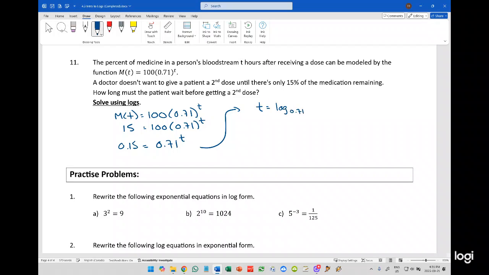We know the thing we're putting into it is 0.15. And we can rewrite that as log of 0.15 divided by log of 0.71. And when we do that, we get